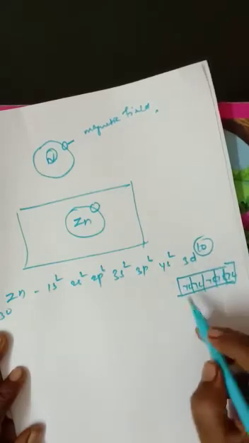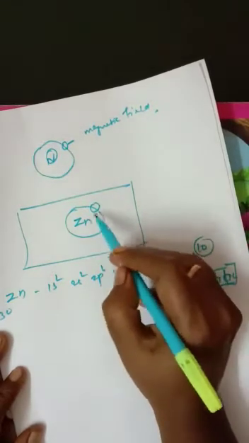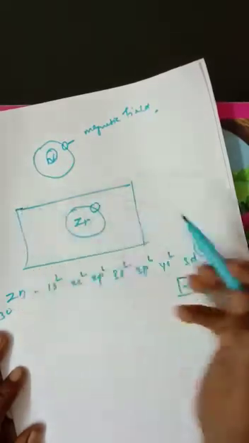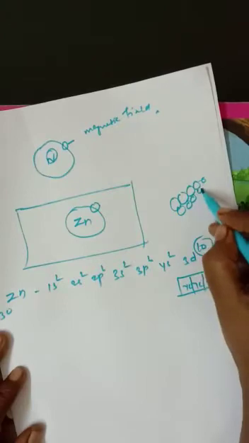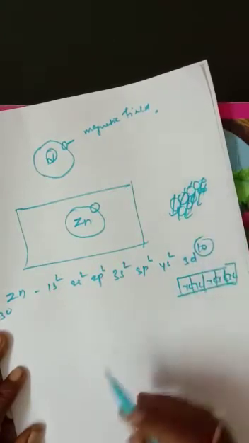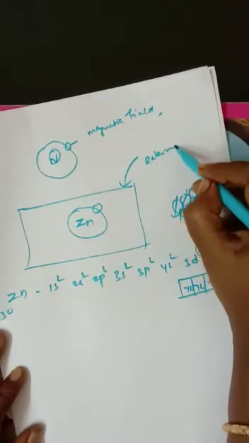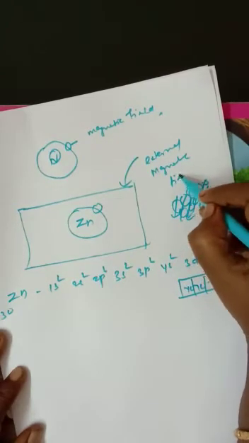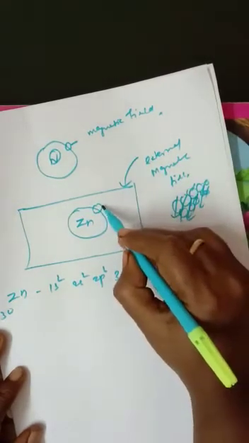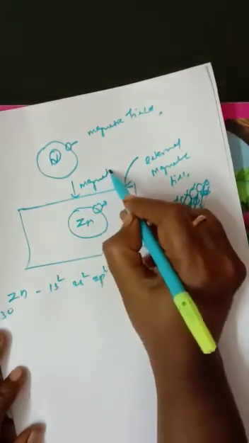So there is no chance of any empty cell, and there is no unpaired electron. Now the electrons as well as the atoms are arranged in the same direction. Suppose any external magnetic field is applied here, what happens? The atom has already produced a slight magnetic field, so magnetic induction is also produced here.